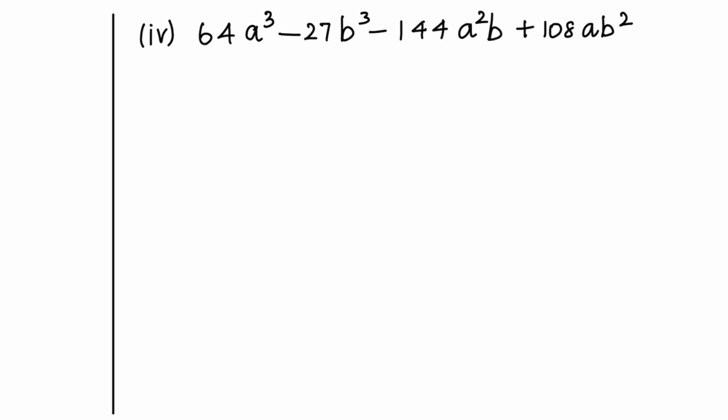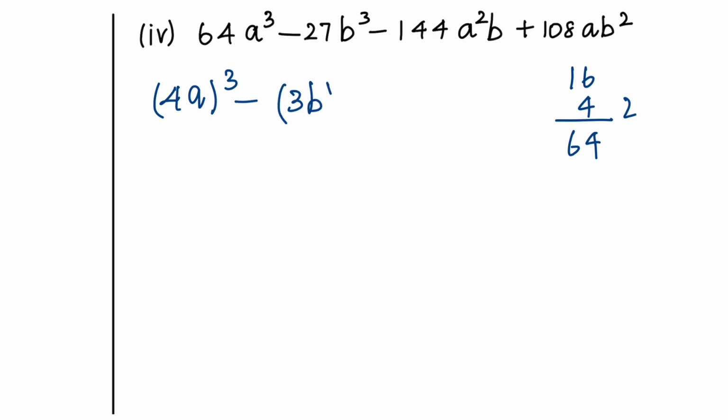Okay, so 64a cube, right? So 64, I think it's 4 cube. Let me just find it out. 4 squared is 16, so 16 times 4, 6 times 4 is 24, we have 2, yeah, so it's 64, right? So this can be 4a the whole cube, and 27 is 3 cube, so 3b the whole cube